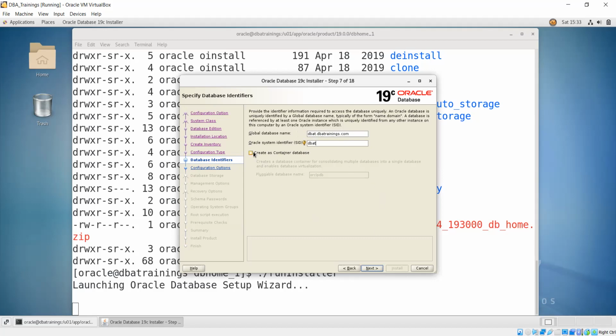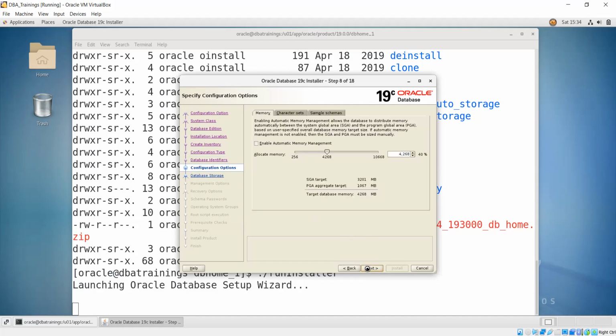I don't need any container, so I can unselect it, and then I'm ready for next. If you don't want it, you can remove the domain name. In this case, what happens? If you remove the domain name, then the name will be only dbat. Click on next.